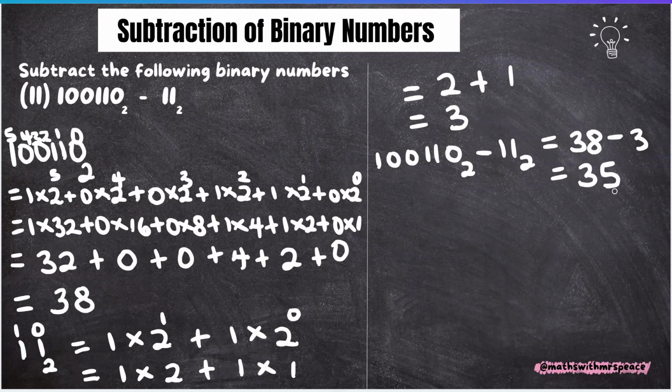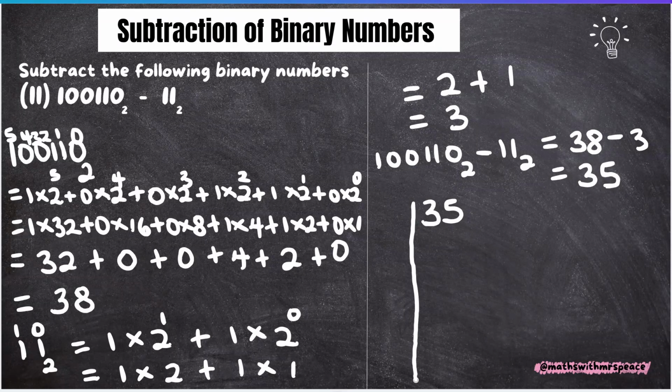Now we have our answer in base 10. What we have to do is to convert the answer, which is 35, back to base 2, because the question was given to us in base 2. The answer has to be in base 2 as well. So we're going to convert 35 to base 2. If you don't already know how to do this, do well to check out our video on conversion from base 10 to base 2. So to do this, we're going to